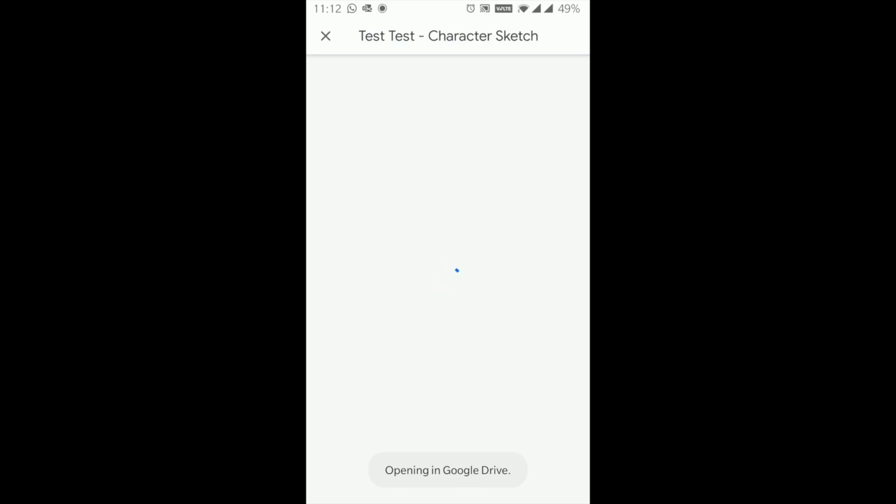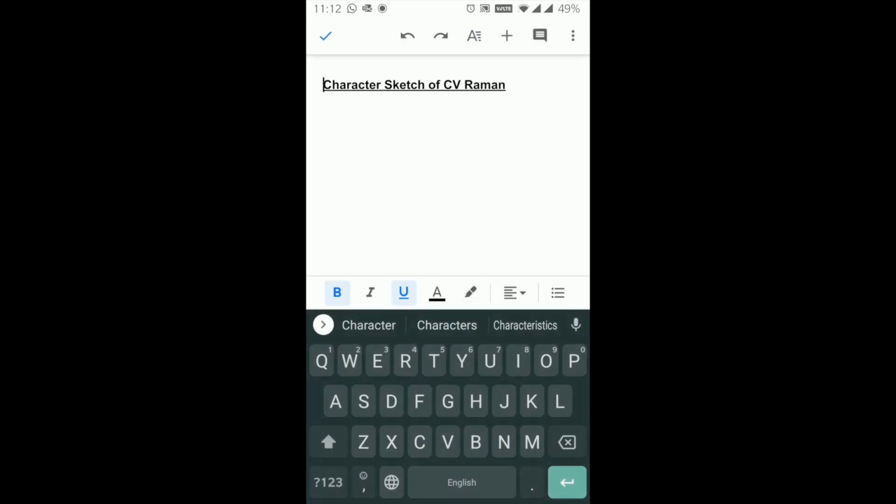And therefore, what is important is that all of you need to install Google Docs on your smartphone. Along with Google Docs, it is advisable that you also install Google Slides and Google Sheets. Now, once the Google Doc form is opened, you need to notice the bottom right where you have the format icon. So without the format icon, there's nothing that works. Activate the format icon. Now you can start typing.